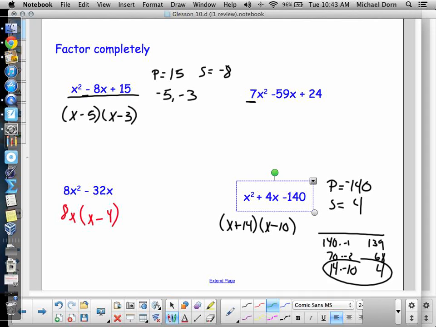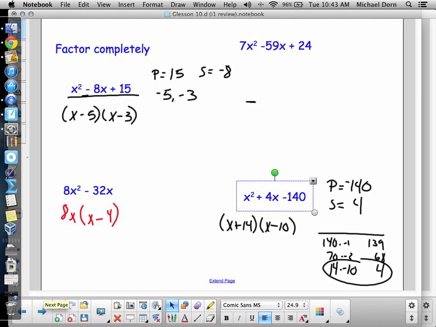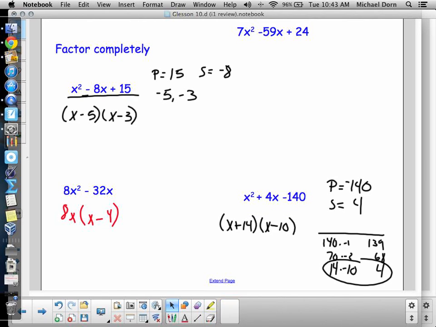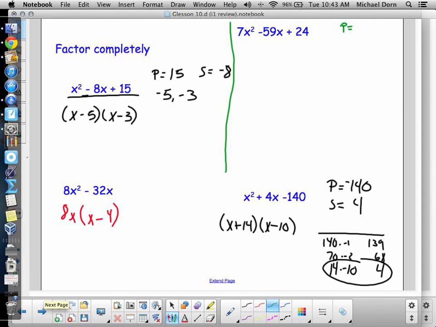This is the one that's trickier. 7x squared minus 59x plus 24. Now we have a trickier problem because we have the leading coefficient 7 there. What's my product going to have to be? How are we going to find my product? Two numbers have to multiply to equal what? The same as